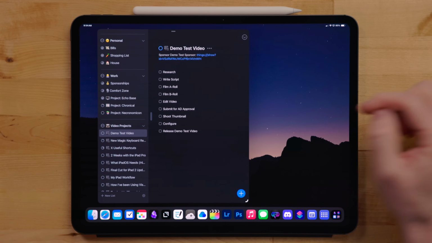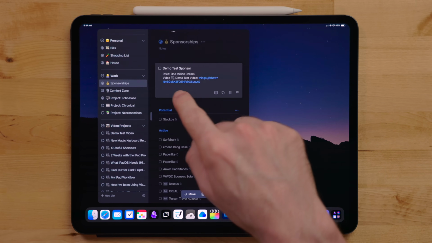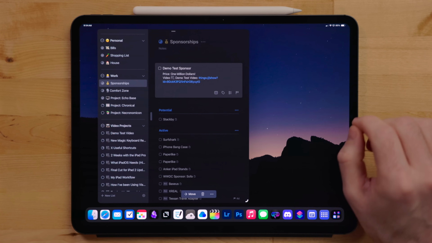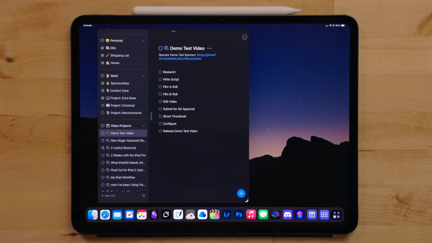and video. This way, not only can I reference, say, what sponsorship is tied to what video or what video is tied to what sponsorship, but I also have a link so I can jump directly to it in my task manager. This is extremely handy and something I was really missing from my Airtable setup that I had a